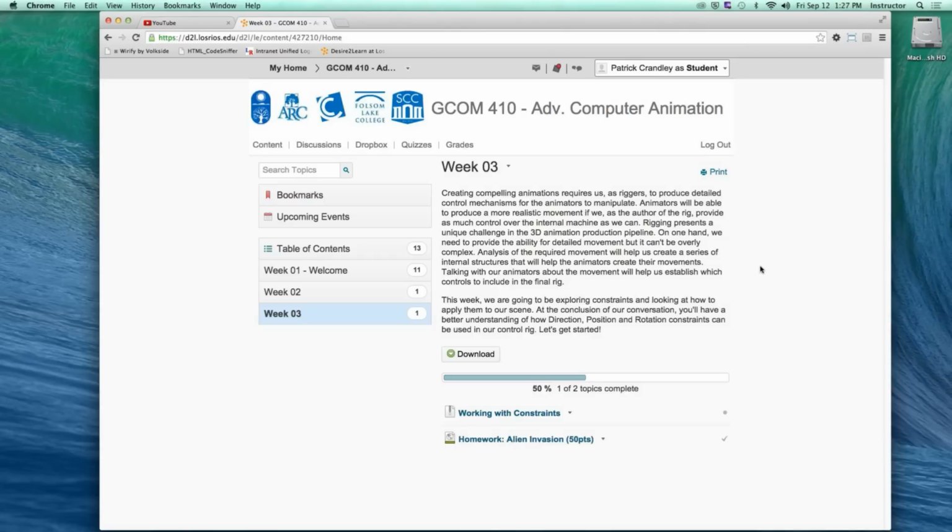Alrighty, so let me just make sure. Okay, so this week, as I mentioned before, we're going to continue our conversation about rigging. Specifically, we're going to drive in to the entire system of constraints today. We actually just explored our first constraint last week in the parent-child relationship. Well, the parent-child relationship is the most basic and the most simple constraint that we have access to working with